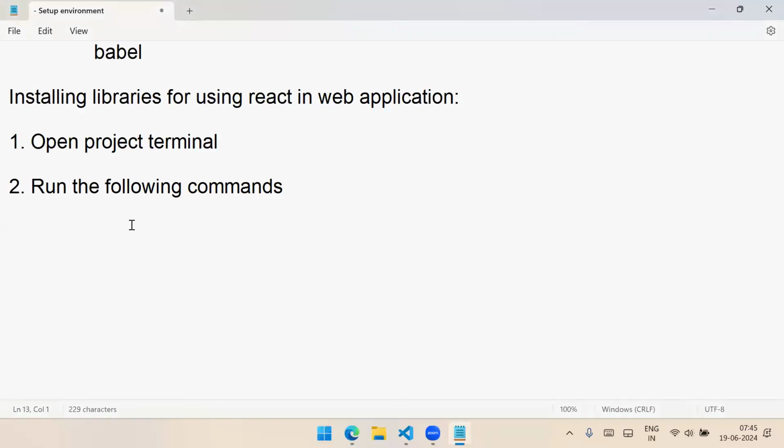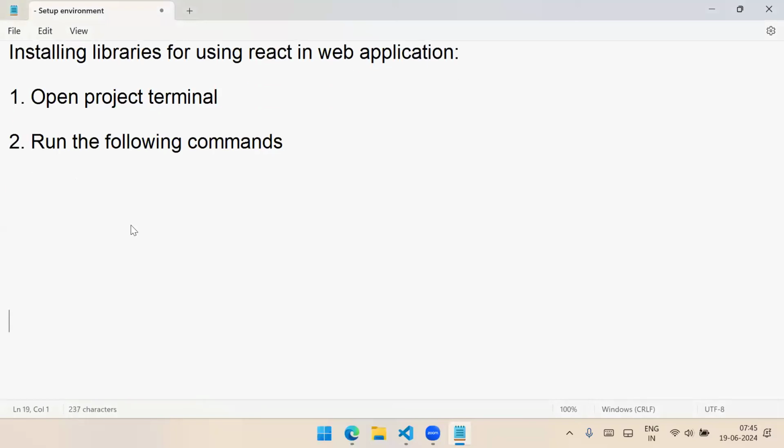Okay, let's see how we can start this. So what we are doing is, open the terminal and the commands you need to run. What are the three libraries you need? One is React, another one React DOM, and Babel. So you need to install npm install